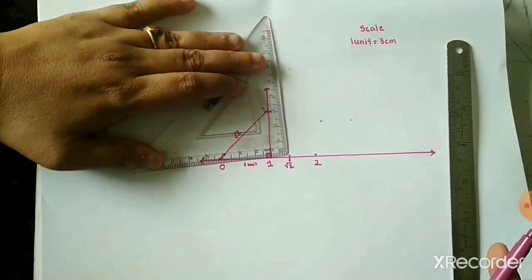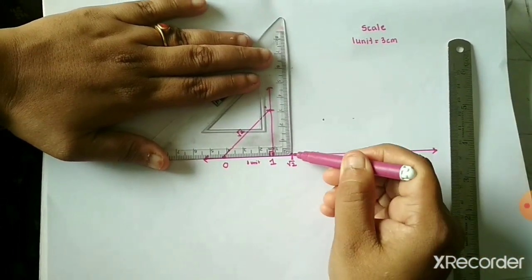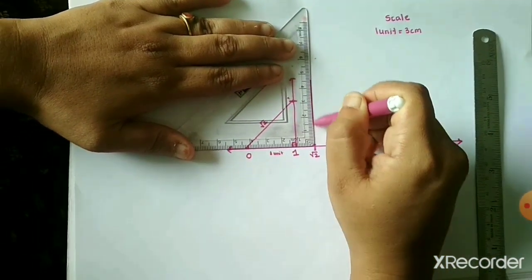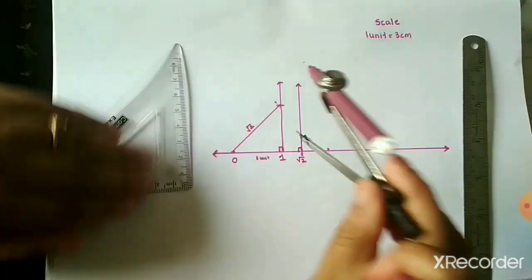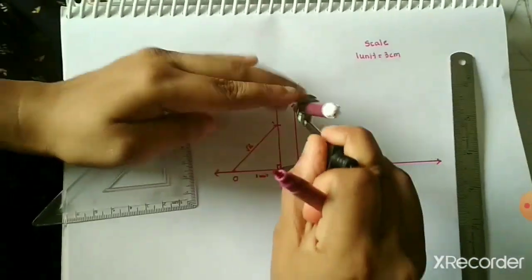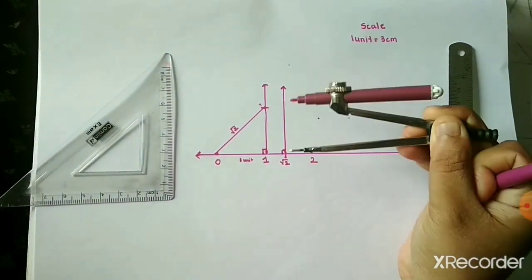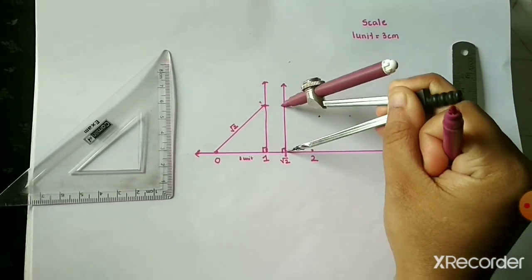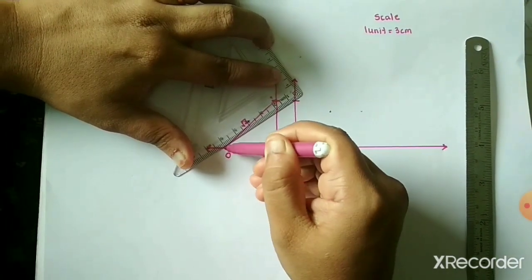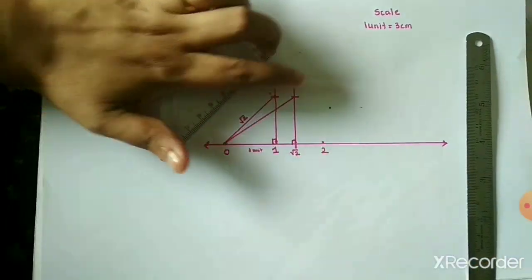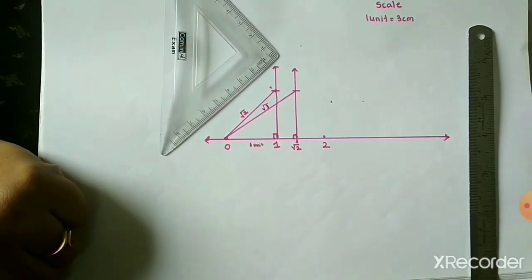Now what we will do, we will take the set square and again coincide with the number line but at point root 2 and draw a perpendicular. So this is your perpendicular. Use 1 unit distance only. So in the compass, take a 1 unit distance. Can you see here? 1 unit distance. Keep it at point root 2 and draw the arc. Again you join it with point 0. Can you see here? Join it with the 0, that perpendicular point, and this is nothing but your root 3,